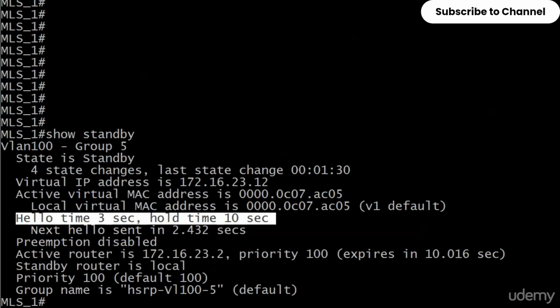Time to do a little dis and dat with HSRP. A couple of things I want to show you, and the first one is changing the timers. Frankly, you can leave the HSRP timers alone, and I don't think the overhead is terrible. But if you really need to change these or need to change them on the exam, you certainly need to